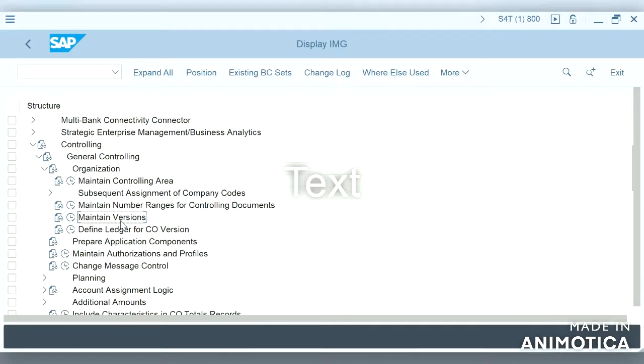So in ECC what was happening is the leading ledger 0L is automatically transferring the values to version 0. It is by default. There is no configuration for that. But now in S4HANA there is an option to select which leading ledger will transfer values to which versions.